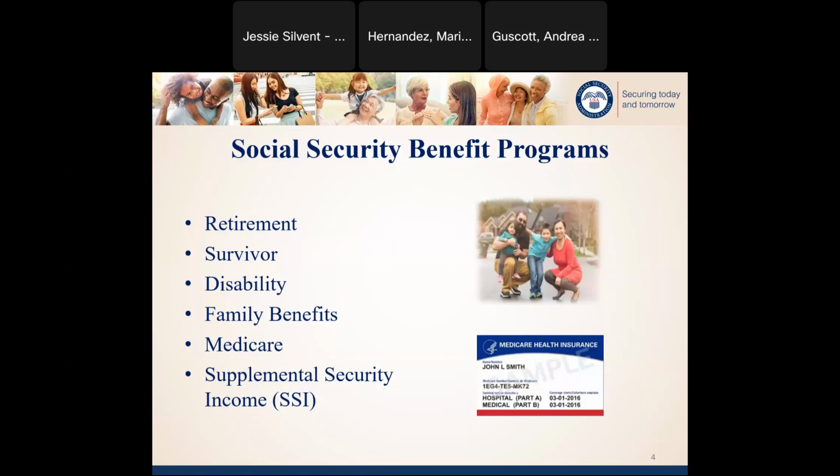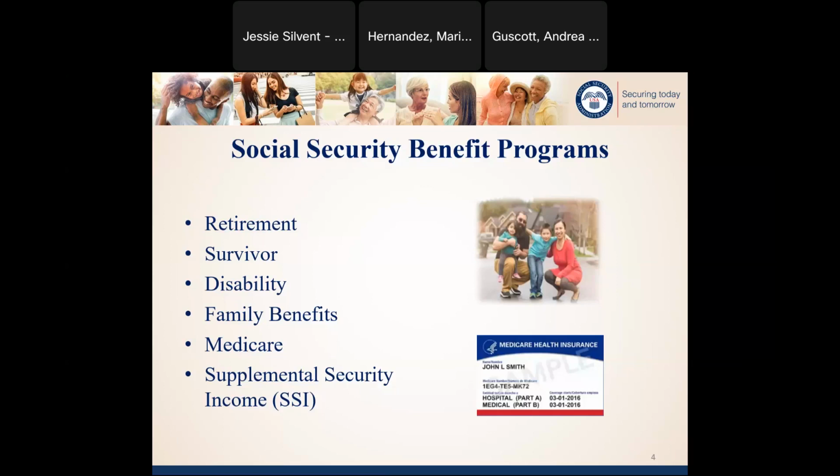Additionally, we have a disability program for individuals who have a physical or mental impairment that they expect to prevent them from working for 12 months or longer. So it is considered more of a long-term disability program. The Social Security Disability Insurance Program, or SSDI, as I will refer to it throughout today's presentation, is based on someone's work and earnings, where their monthly payment is derived from their recent earnings history. And we also pay family benefits to the spouse, in some situations an ex-spouse or minor child of someone who is entitled to retirement or disability benefits.